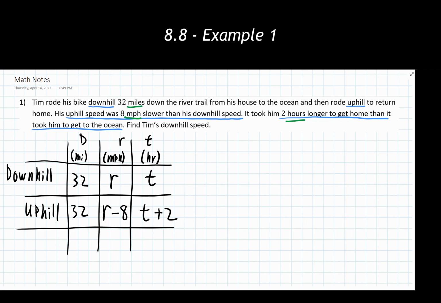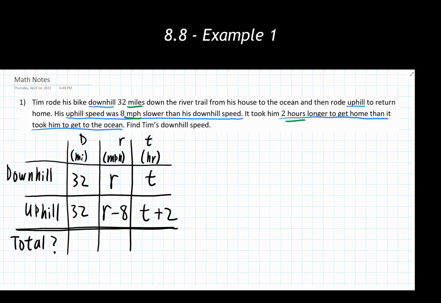Now, the last thing I want to note, and I left this space down here blank for a reason. It's always worth noting and checking for some of these problems, and I recommend putting a little double line that we have here to fill in and ask ourselves, am I going to have any totals showing up? And by totals, I mean, am I going to be adding miles together to get a total number of miles? Am I going to be adding time together to get a total amount of time that someone was out